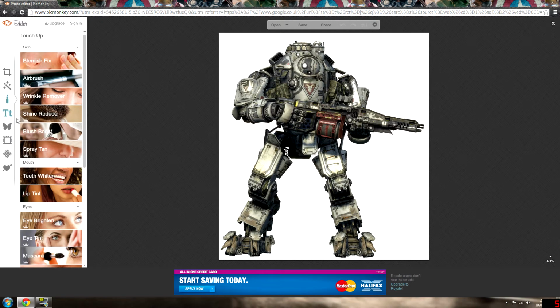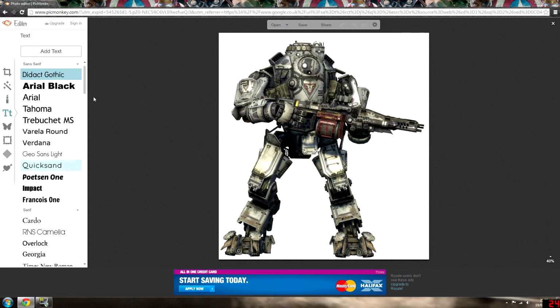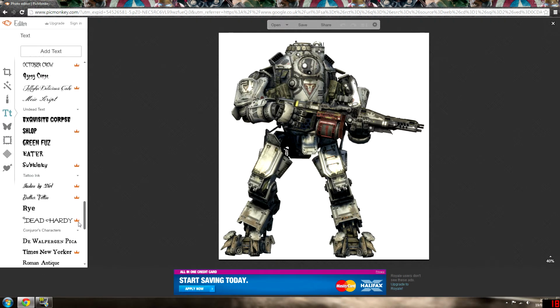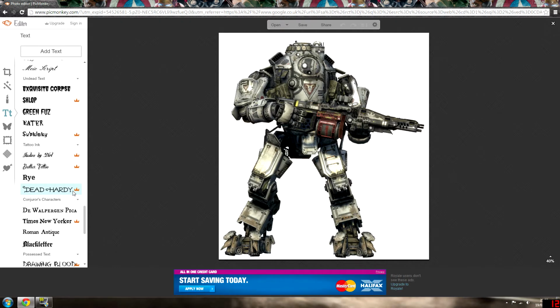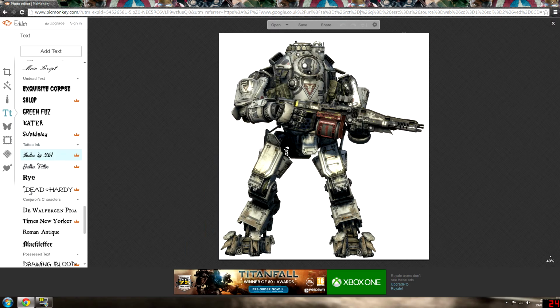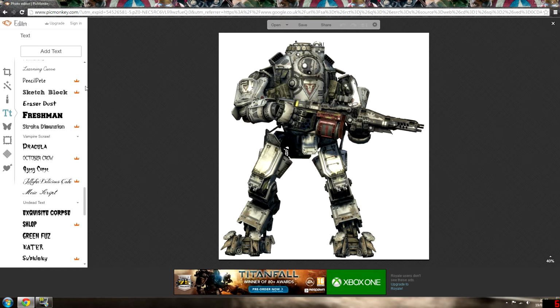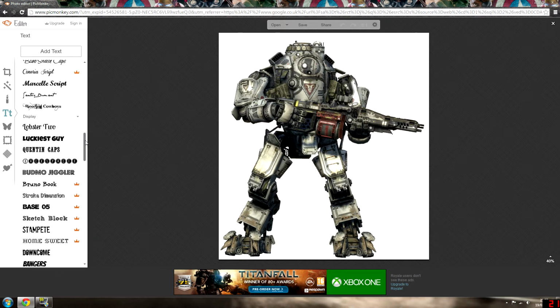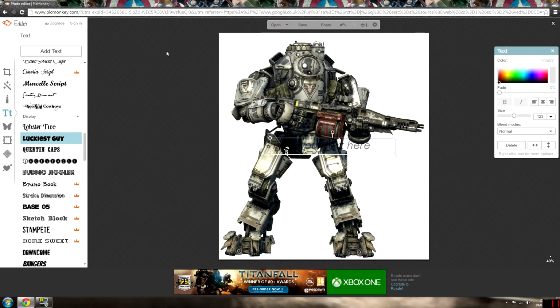So this is the text bit coming on right now, and as you can see there is loads of text you can choose from, but you just want to make sure some of them have a little crown on. That means it is a royal feature, and you do have to pay for that. But there is plenty to choose from that are not royal features, and you can choose any of them. So let me just find one. Okay, I'm just going to go on that one, Luckiest Guy, and then you click add text right at the top,